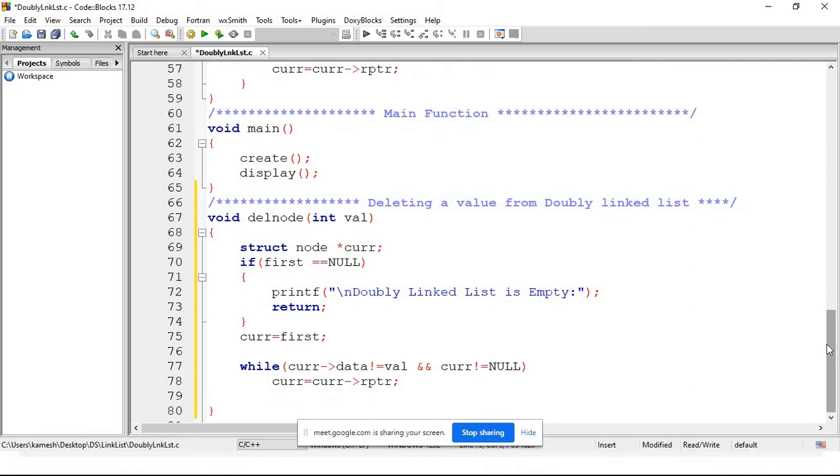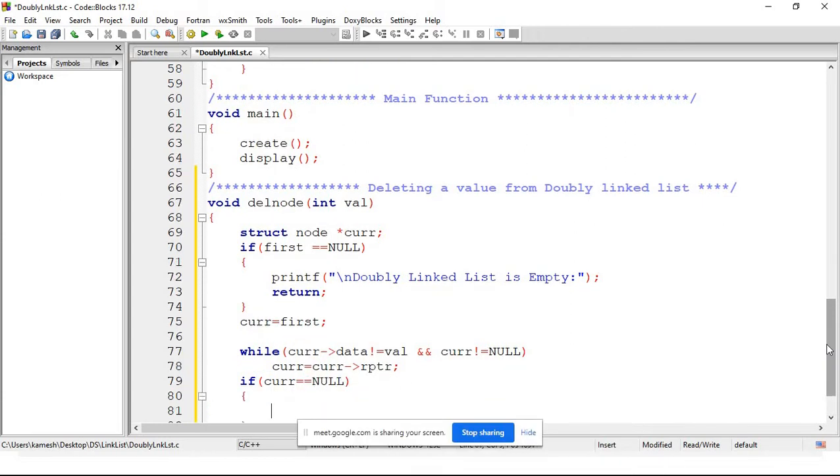If after this loop we find current becomes null, so current is equal to null, that means the value which the user wants to delete is not actually there in the linked list. That value does not exist in the linked list.